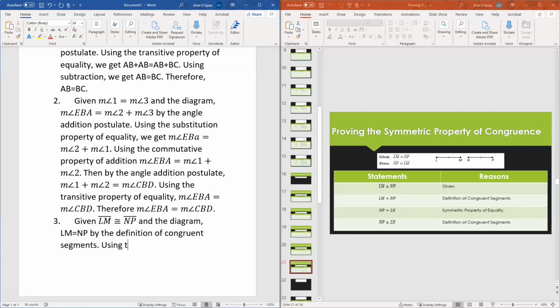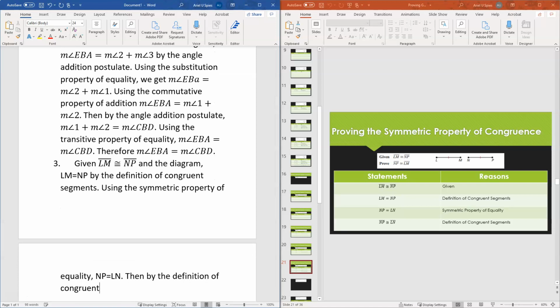So I can say, using the symmetric property of equality, I get NP equals LN. Then by the definition of congruent segments, I get,